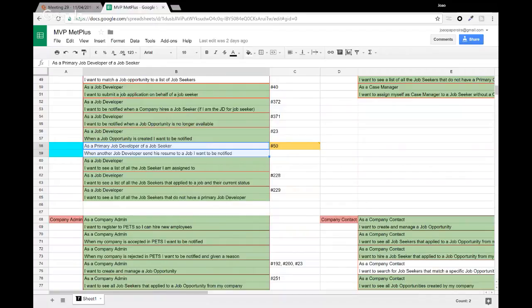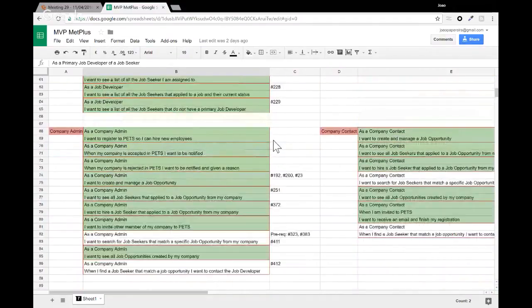As we talked about before, this is something we can do right now as part of the MVP, and it is something that is missing. So to close the job developer stories, we are missing these three: two related to matching, and one that is a notification we need to send.